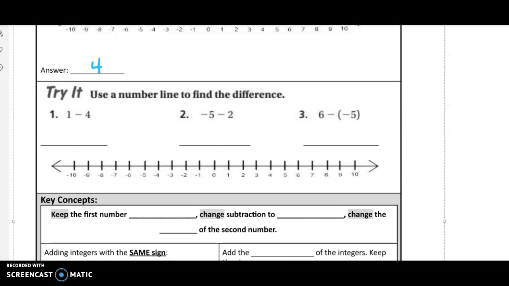So now that you've done the triads on your own, let's go over them and we'll check your answers. So we have 1 minus 4. So 1 minus 4 means that we go